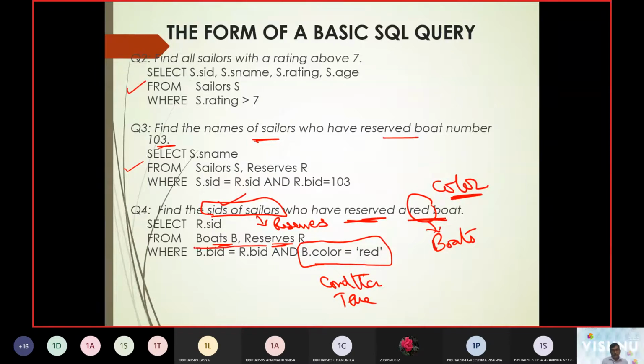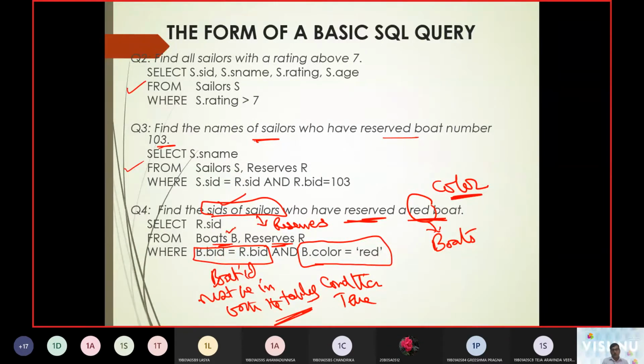And another thing was that the ID of the boat, whatever boat we are going to call, that boat ID must be in both the tables. So that was the value we are going to take up.